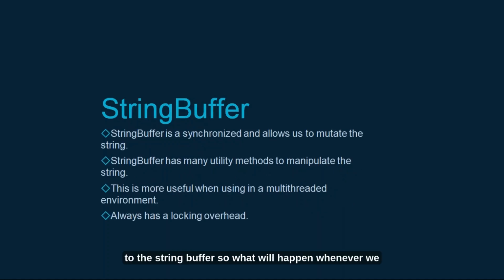So let's come to StringBuffer. Whenever we want to change our string object's value, we want a mutable object, because String is an immutable class, and there you cannot change the object value. It is a very important question. So whenever we want a mutable object and want to change the value, then we go to StringBuffer and StringBuilder. Let's see where we will use StringBuffer and where we will use StringBuilder.